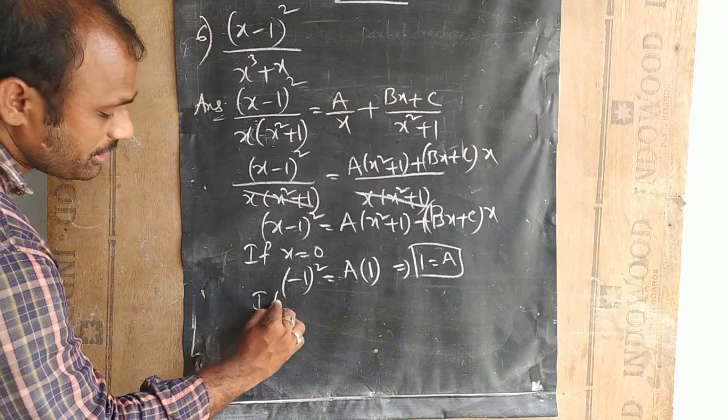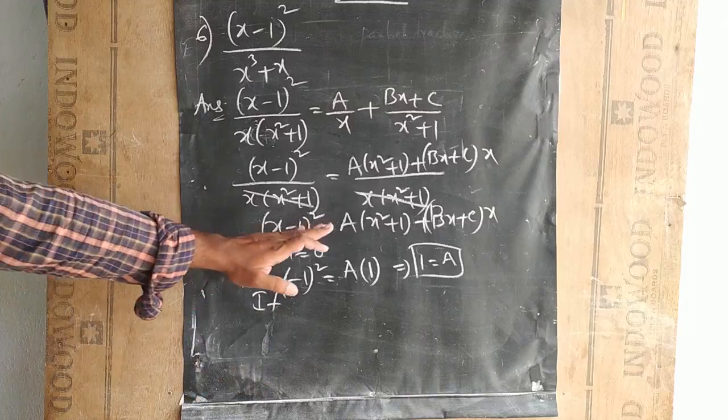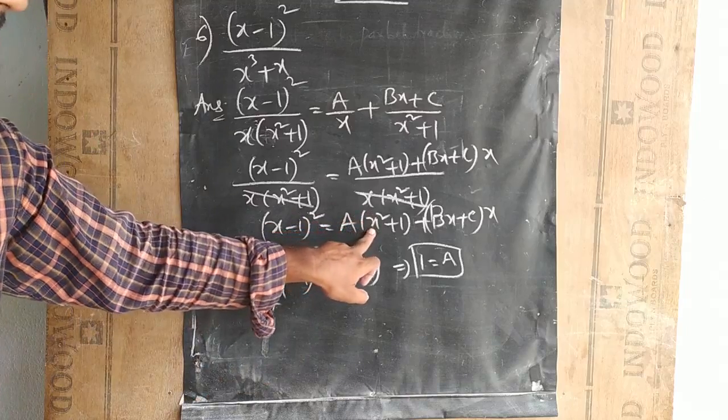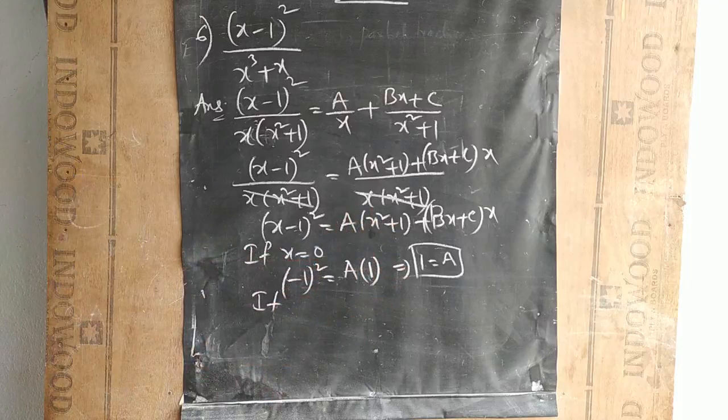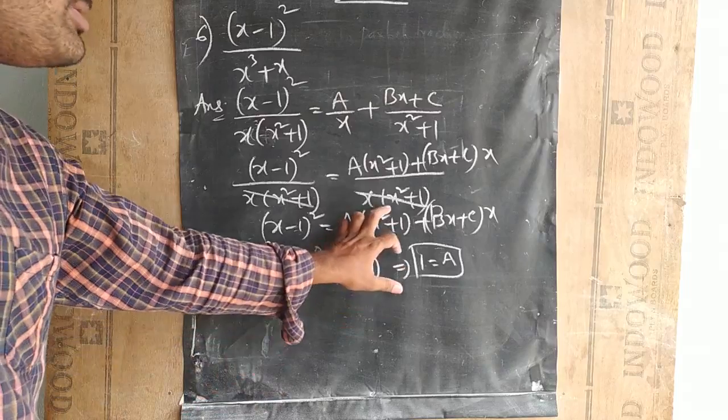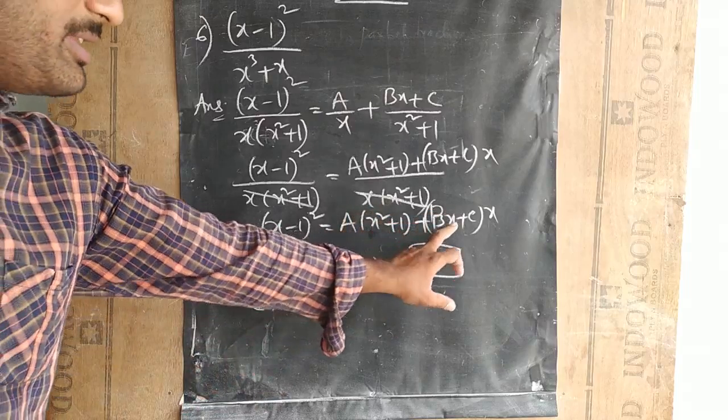Let us take the next. Now I got the a value. Now I have to put a value in place of x in such a way that I will get a as 0. So it's not at all possible because it is a square number. So let us target this first.